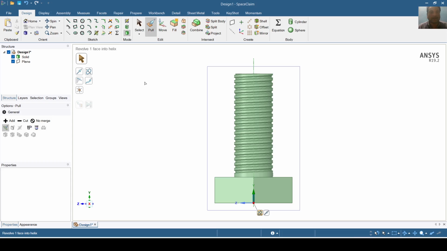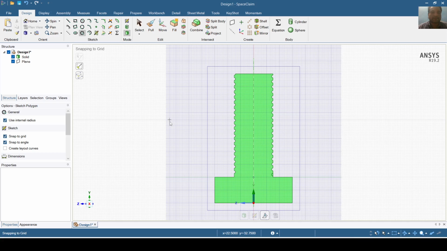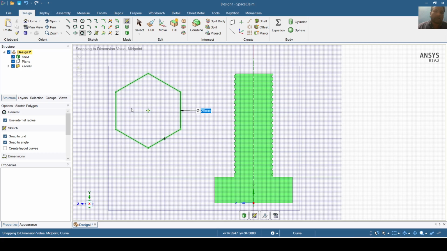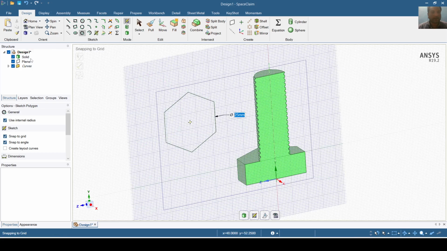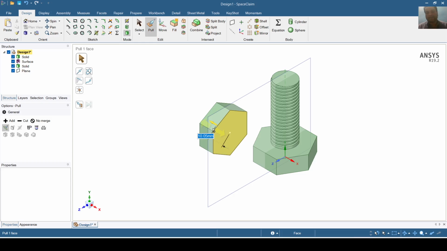I will create a sketch once again. I will create a hexagon of side say 25 mm, and I will create a pull of once again 10 mm,